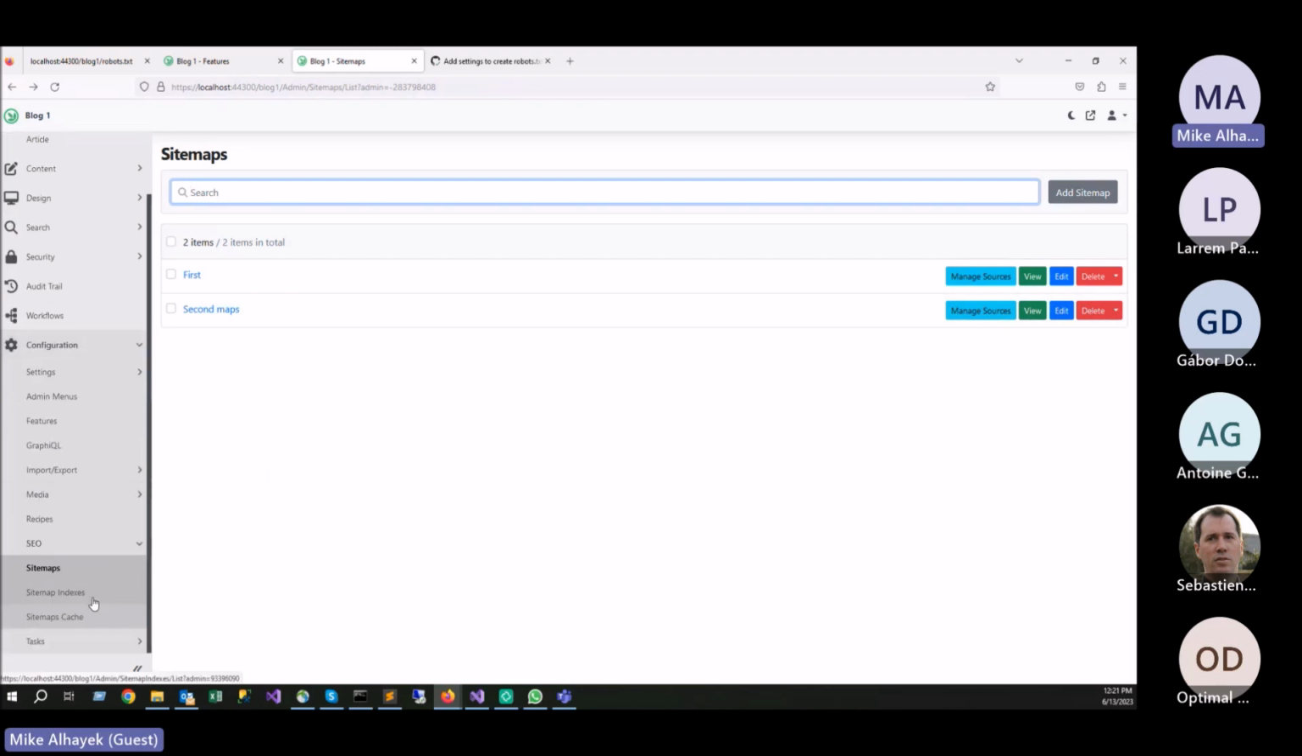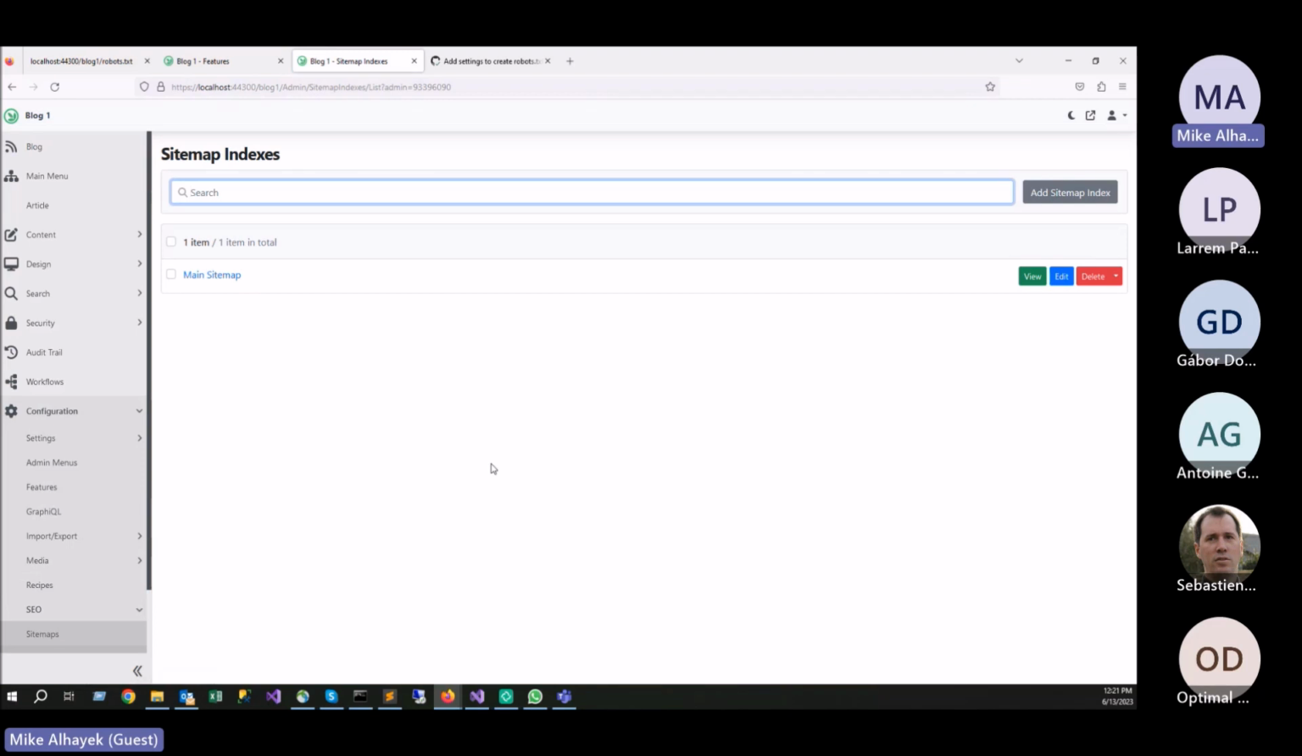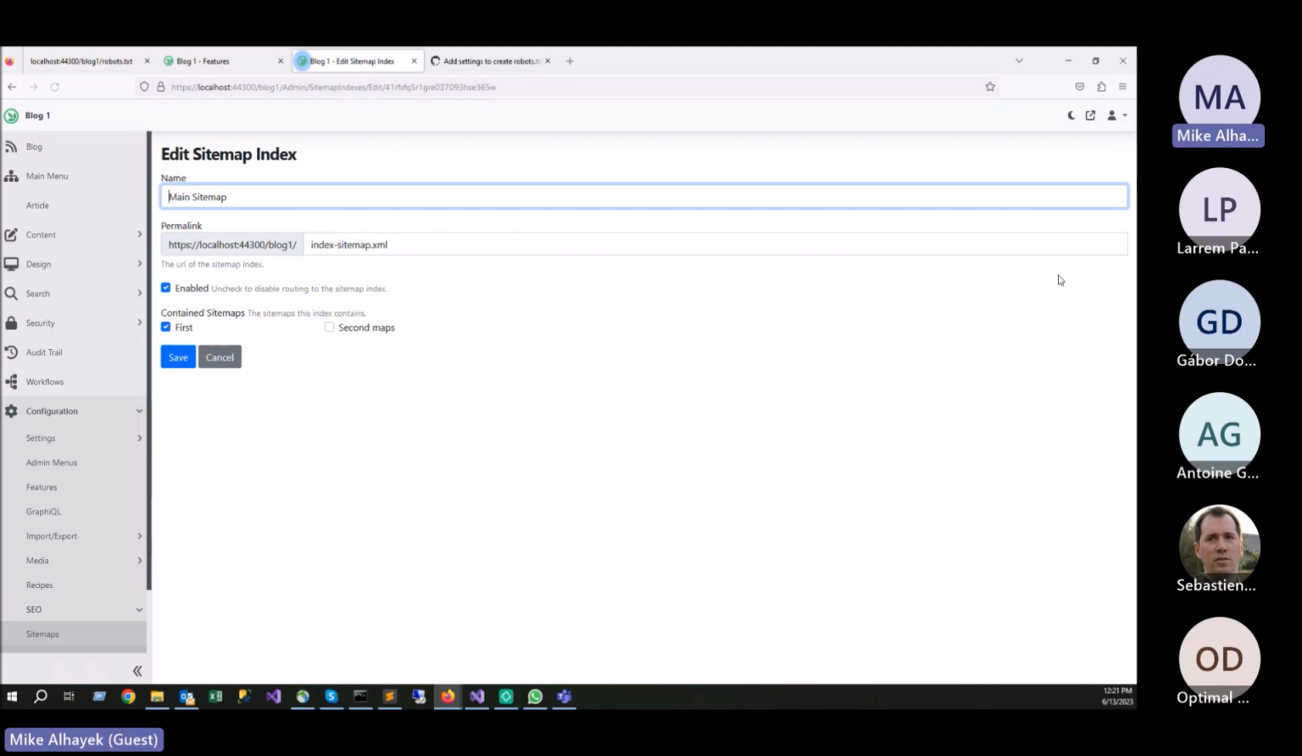And then we take it one step further because we have site indexes as well. A site index allows you to group more than one index. So instead of you exposing multiple sitemaps, you can have a sitemap index with all your sitemaps. So in this case, I actually create a sitemap, and if I click inside of it,